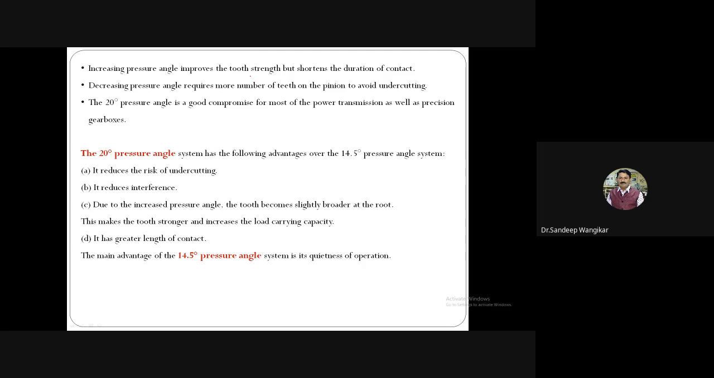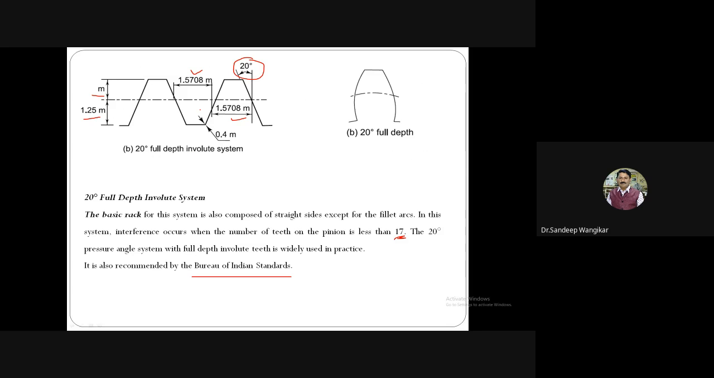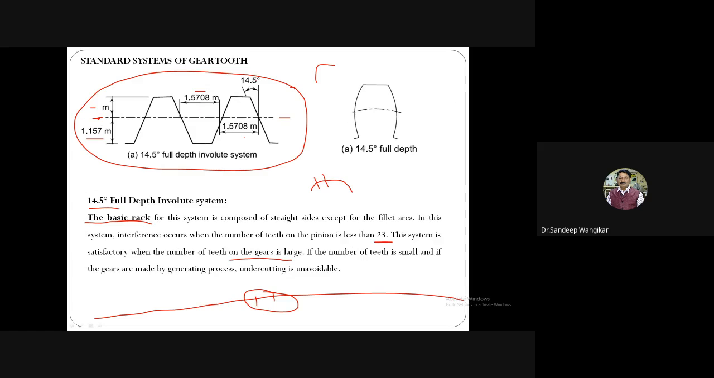Increasing the pressure angle improves the tooth strength but shortens the duration of contact. How is the tooth strength increased? See here, I will explain. This angle is 14.5 degree. So whatever the base will be there, whatever the thickness of this base will be there,